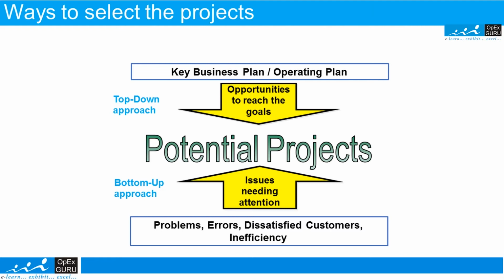Let us take an example. A manufacturing company has a lot of machines, but the overall equipment effectiveness of the machines is only around 60%, which means that they are not fully using the potential of the equipment available. If they want to improve overall equipment effectiveness from 60% to 85%, which is very important, then in that case we can identify that also as a project.